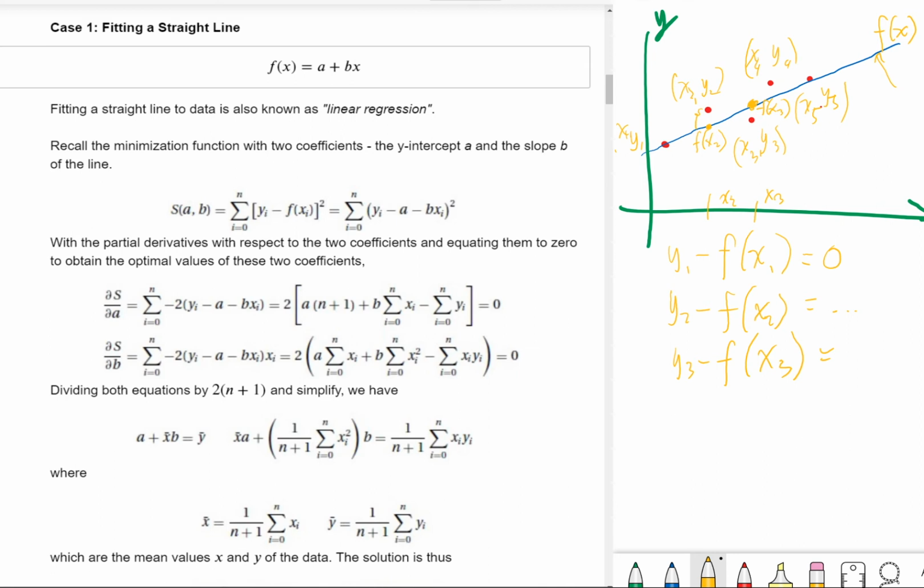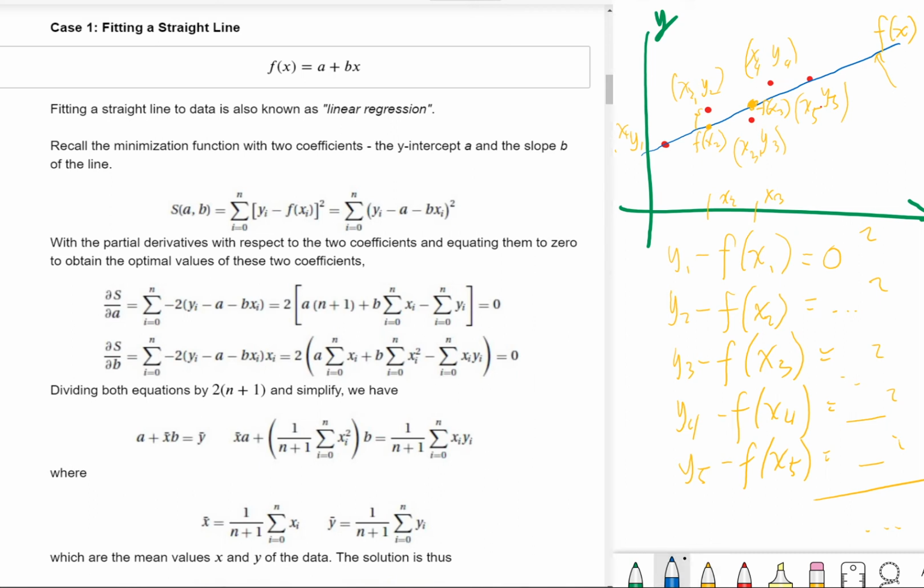Okay, and then so on and so forth for y4 minus f of x4, then y5 minus f of x5. Okay, and taking the square of these things, whatever the value here, and then you simply add all of them. Okay, our goal is to minimize the difference between them such that compared to this line here,